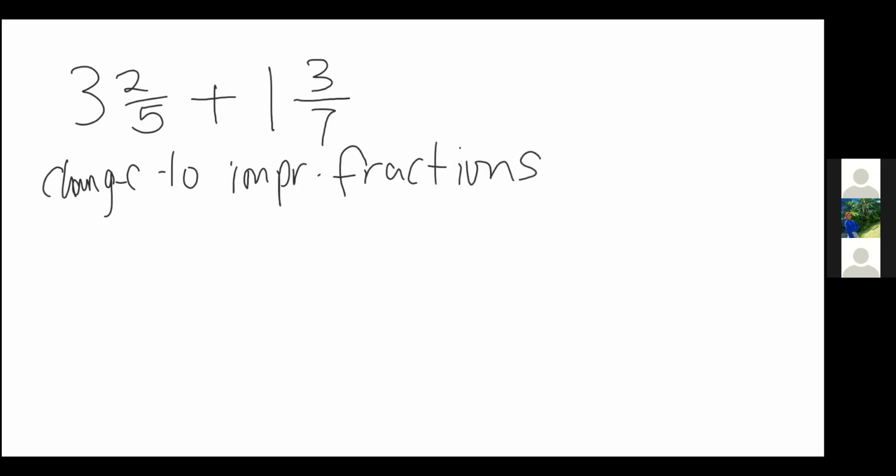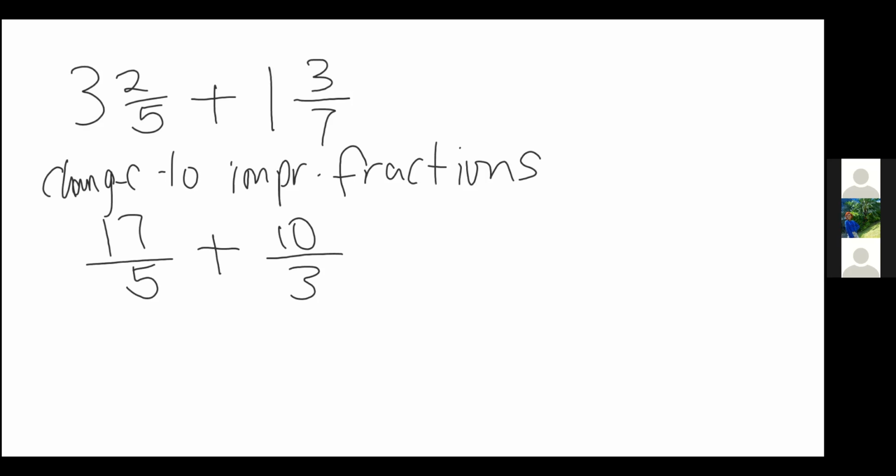So the first one would be 3 multiplied by 5 plus 2. So that's 15 plus 2, which is 17 over 5. And then the second one would be 1 multiplied by 7 plus 3. So that's going to be plus 10 over 7. And we